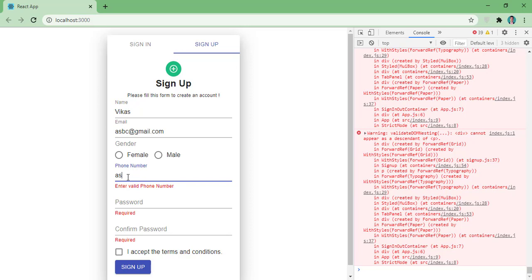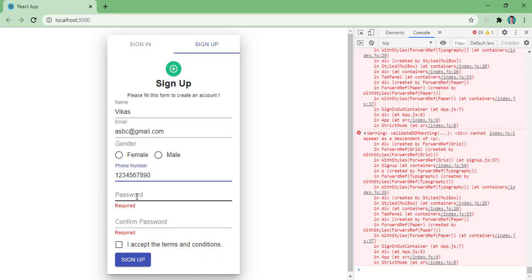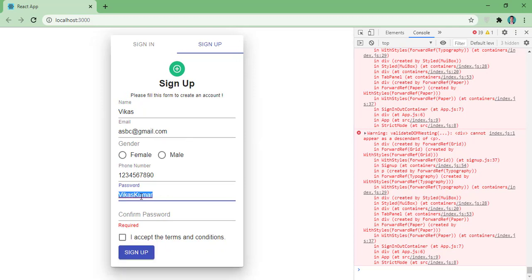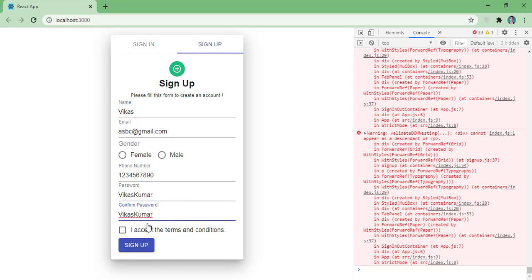Now I will enter my phone number. Let's come to the password. If I enter something short, I get password minimum length should be 8. Now the error has gone because the length is more than 8. Let's type in the confirm password: it shows password not matched, because it's referring to this Vikas. So here Vikas Kumar, and now you can see the error message has gone because the password is matching.